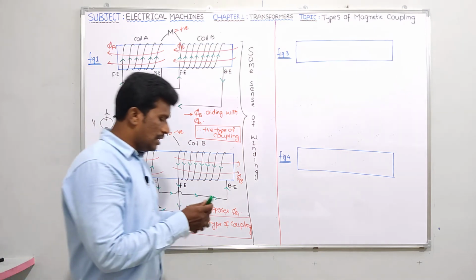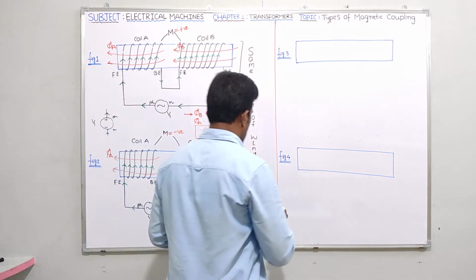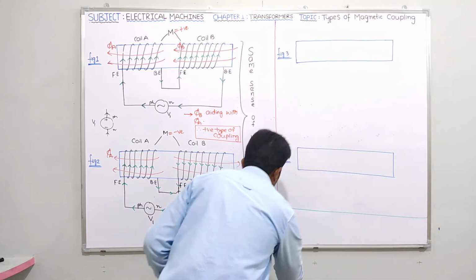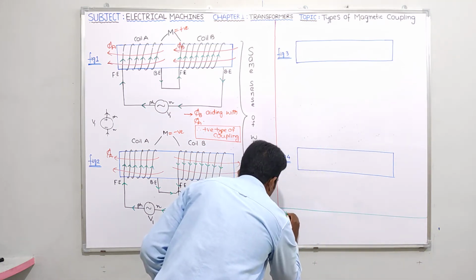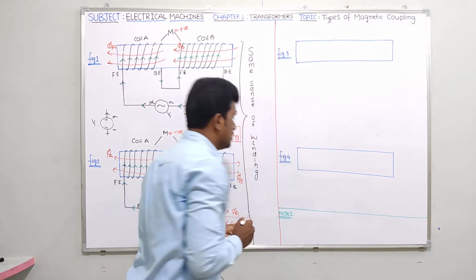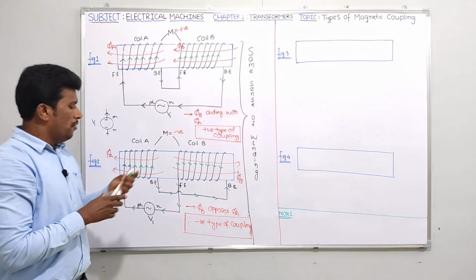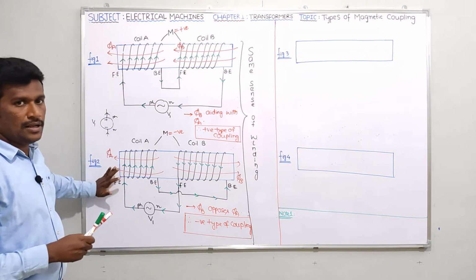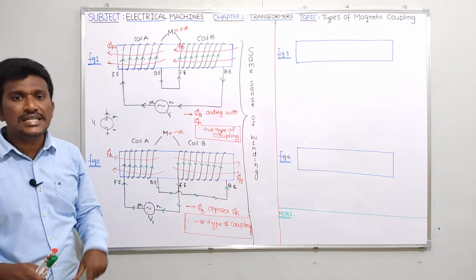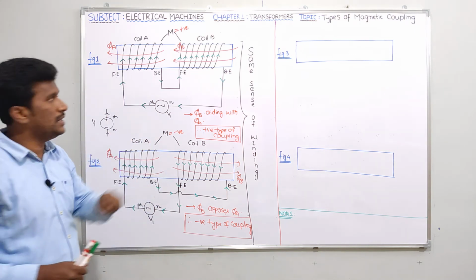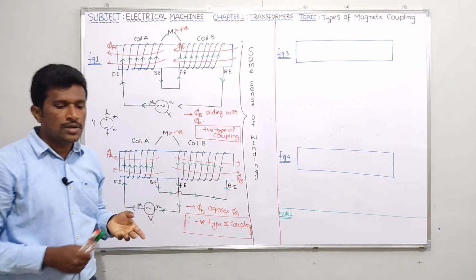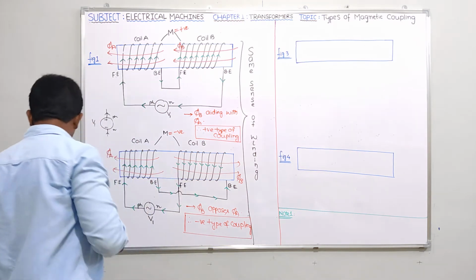So please let me write that note. Since space is not there, I am writing simply here. This is the conclusion, note number 1. This note is very important, guys. So what is the note I can give? For the same sense of winding, the type of coupling can be changed by changing the direction of current. That means in coil B it's upwards, and in coil B here it is downwards. So that point I just want to write on the board.